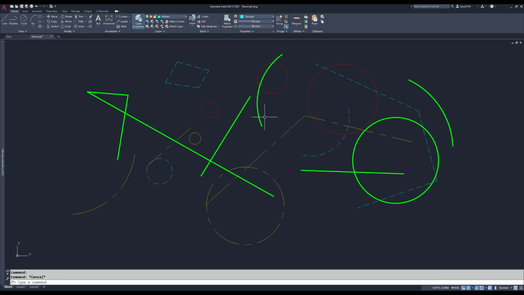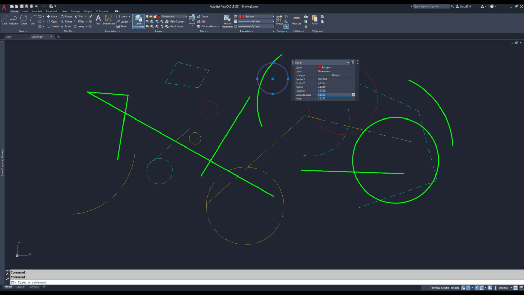If I pick a circle, I can see that the diameter, the radius, the circumference, and the area are all given to me, and notice that they are not read-only. I can edit them. If I wanted this diameter to say, oh geez, somebody eyeballed this and just dragged it out there. They wanted 1 1/4, but didn't give that to me exactly. If I just pick it and type in 1.25 and hit enter, that becomes exactly 1.25,